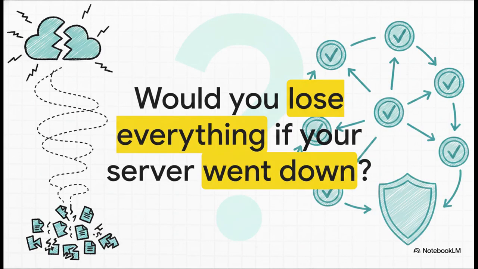So, as we wrap up this explainer, I want you to take a hard look at your own current workflow and ask yourself a serious question. If disaster struck and your central server went down today, right now, do you have a full distributed mirror of your history, or would you lose absolutely everything? Understanding this evolution from simple local copying up to centralized servers and finally to fully distributed mirrors really helps us deeply appreciate the incredible safety nets that modern tools provide us.